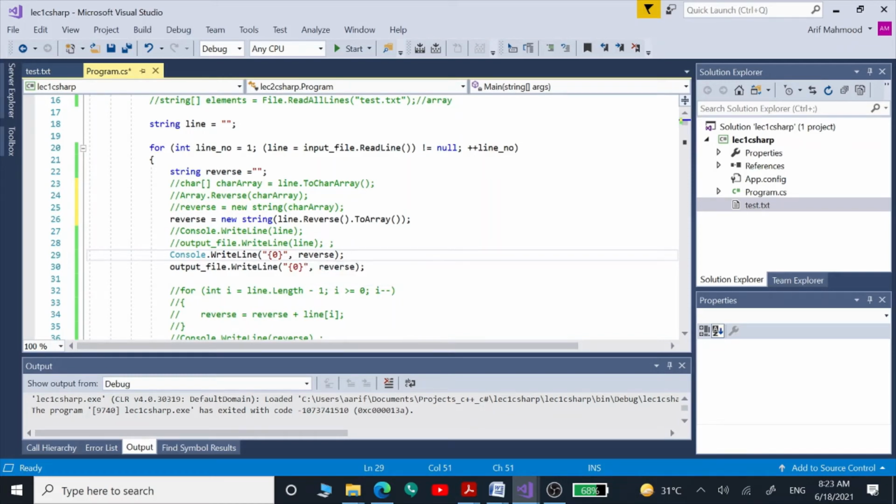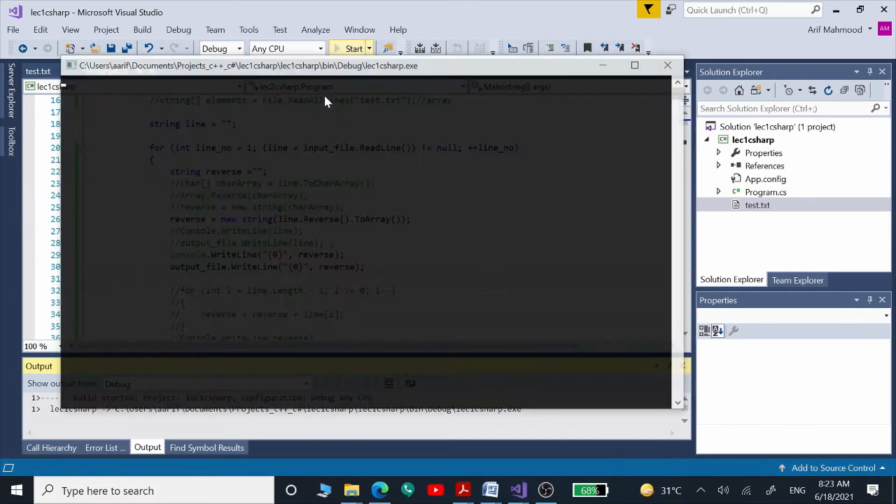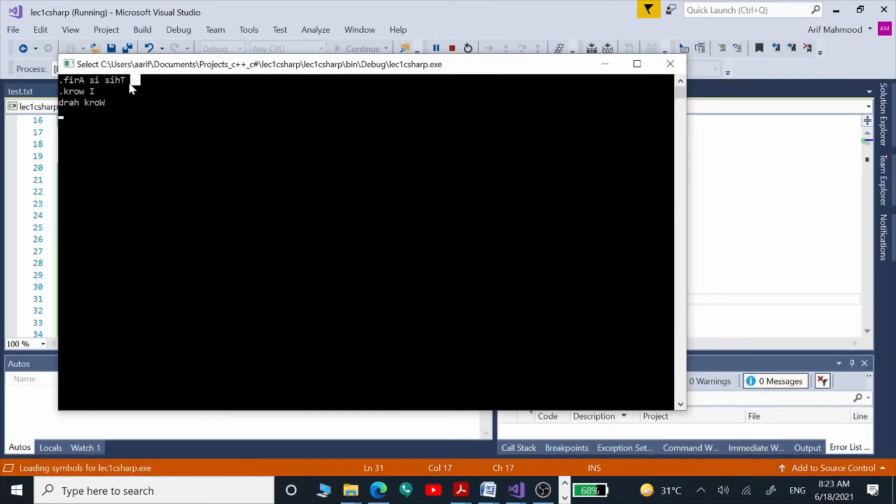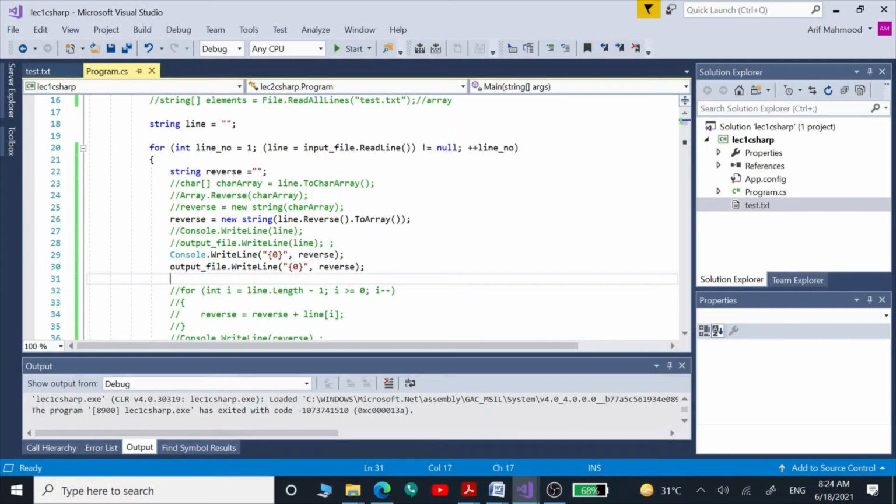And now we can just display the same reverse variable onto our console window and see whether our output is in reverse. So we can see the string is in the reverse order. So these are two ways using the function reverse, and now we can use the algorithm using a for loop and see how we can actually reverse our string.